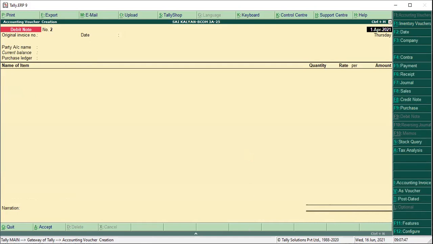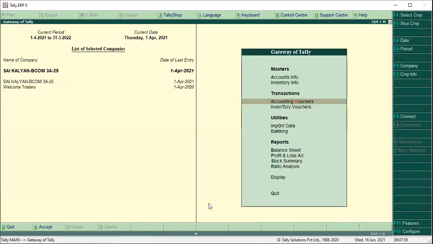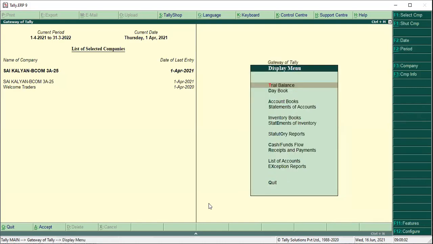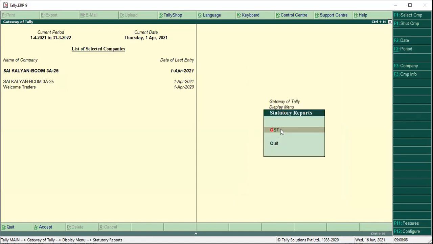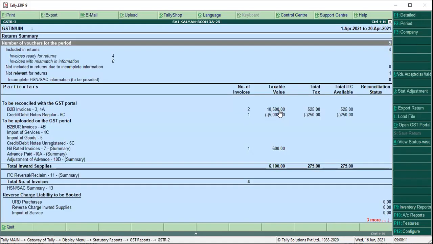Now we have entered all the transactions. So it is asking to record inward supply, GSTR2. Okay, escape. How to go to GSTR2? Display, select reports, static reports. Select GST, GSTR2. Now the values are showing. You have to see that there should not be any errors. That means incomplete HSN/SAC information should be 0. Now it is showing 0, which means there are no errors.